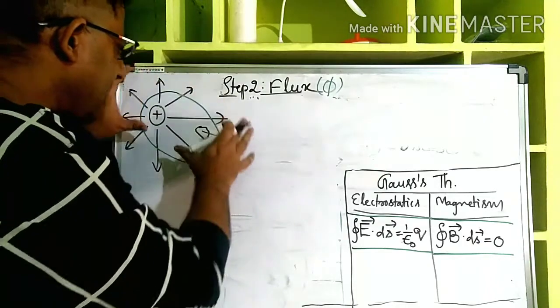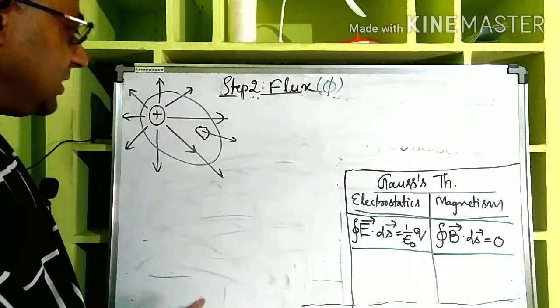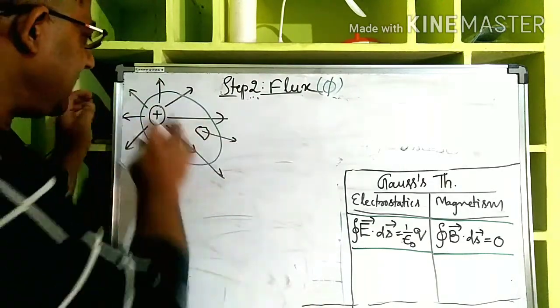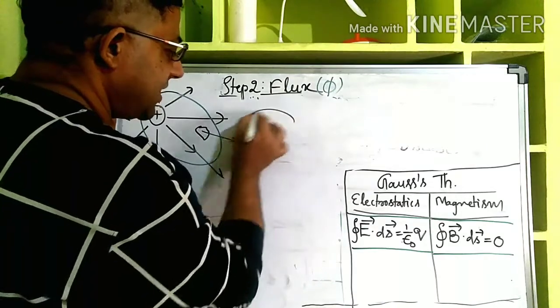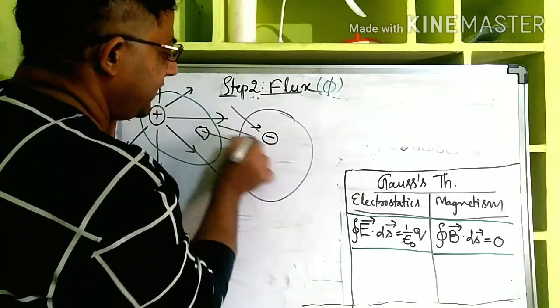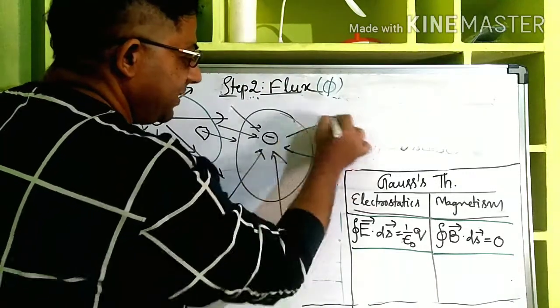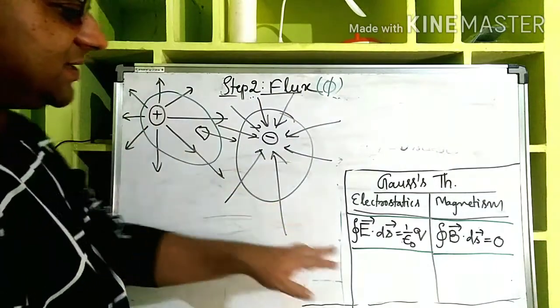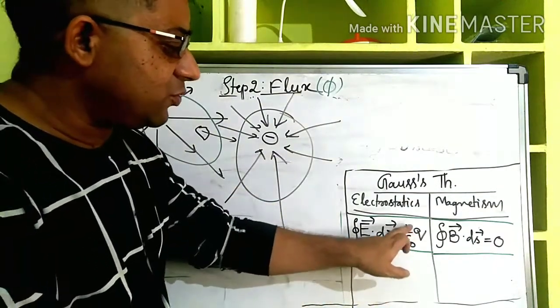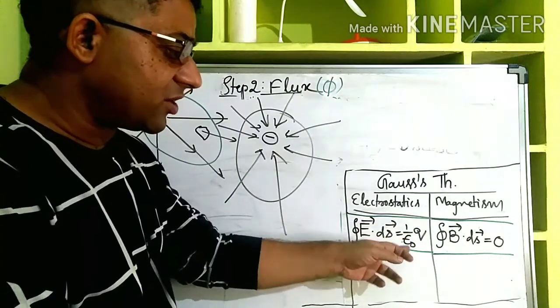Now if we find the electric flux, can you clearly see that it will be a positive number? Some flux will be there, right? If it is a minus charge, it will be inward. If it is a minus charge and a closed surface is there, all the field lines will be coming inside. But there will be some non-zero value, right? That is the reason the integral of E dot dS is equal to, and this is experimentally also proved, 1 by epsilon naught times Q.